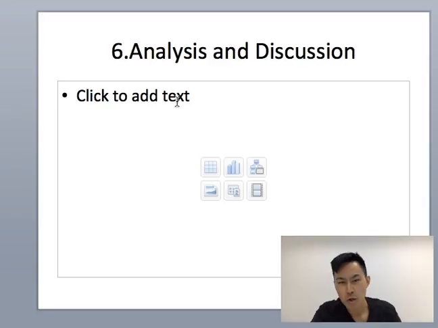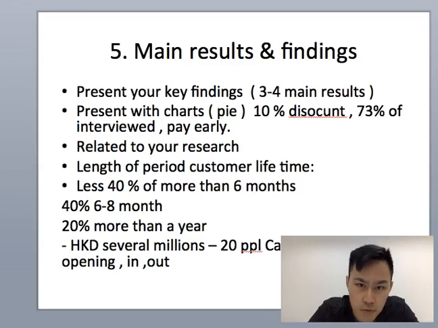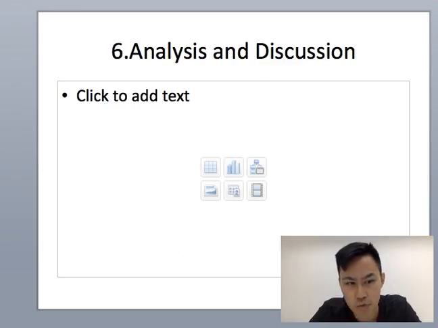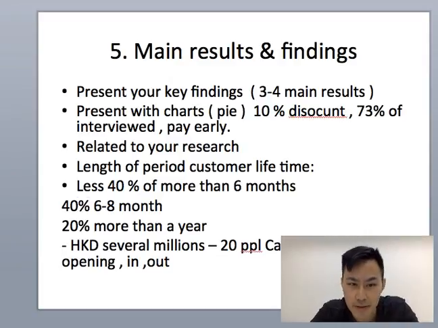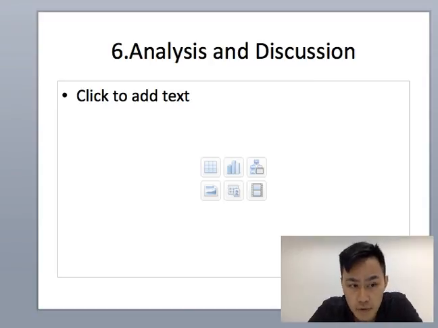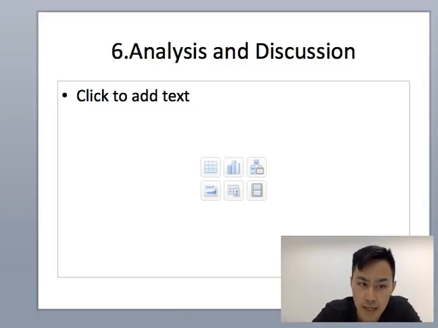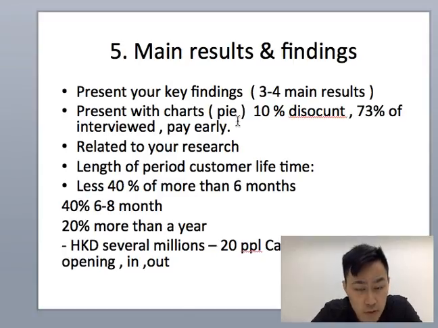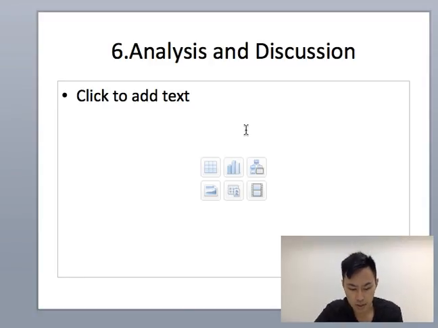Many people will mix up the main results and findings with the analysis, because when they present the results, they intuitively analyze right away, right? I won't suggest you do that, because we have a very clear breakdown of the paragraphs for the IB IA. So for this part, you just present the results. Don't analyze it. And for the analysis section, then you can start to analyze. So when I say analysis,